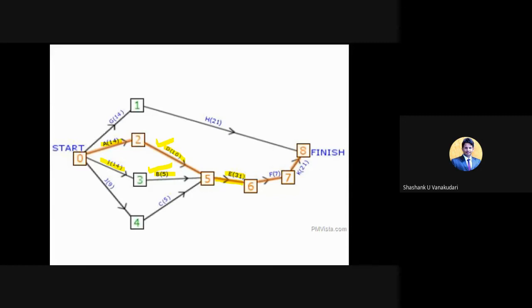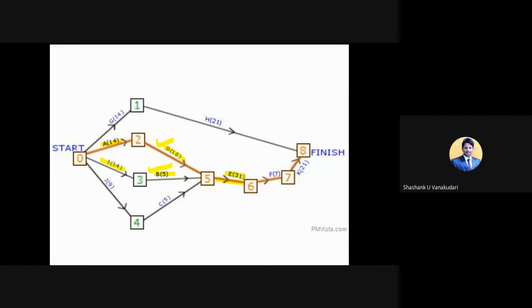For example, in the construction of foundation, excavation is the first activity, and then reinforcement is the second activity, and the third one is form work, right? So for form work, the predecessor activity is what? Reinforcement. And similarly for reinforcement, the predecessor activity will be the excavation, right? So like that, you can apply that in real life also, correct?